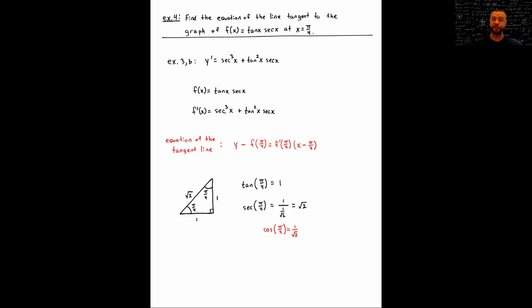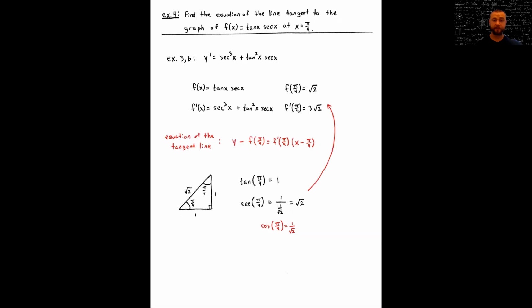All right, we can make use of these values right up above. And what we should be able to find with a little simplification for the derivative, we should be able to find that f of pi over 4, plugging x equals pi over 4 everywhere within the function f of x, we get that value as square root of 2. And then plugging in pi over 4 to the derivative, which is a little bit more work, that all simplifies to 3 times square root of 2. And at this point, we just plug all that into the equation of the tangent line written just below there, and we get our answer here